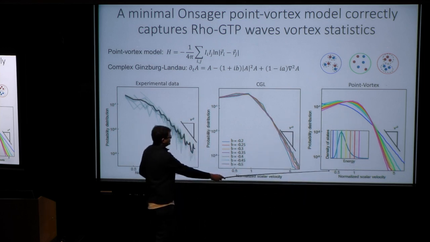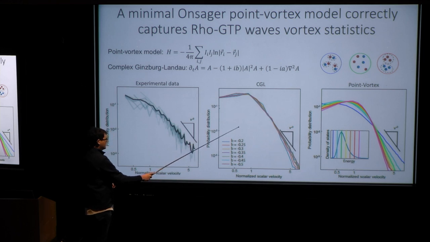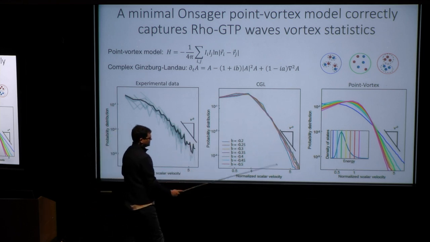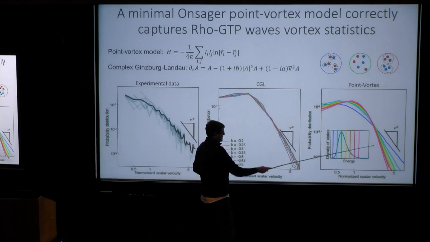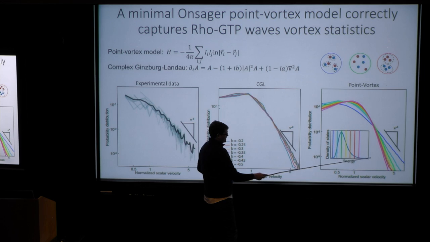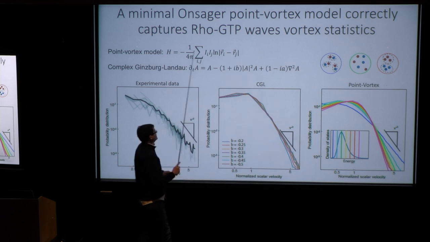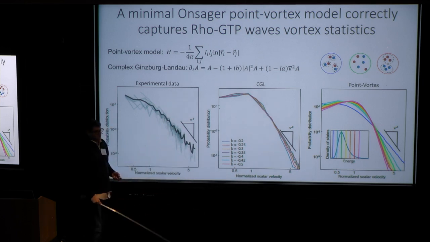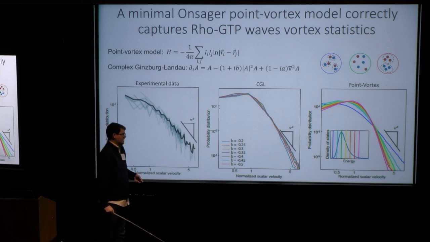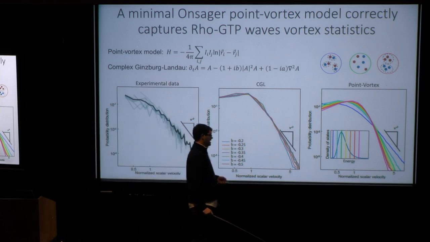Now, in contrast to the complex Ginzburg-Landau case, you actually can get a variety of different scaling exponents, and this seems to be strictly dependent on the energy of the Hamiltonian. So this is a Hamiltonian system, the point vortex model. You specify the energy when you initiate simulations, and you let it run. And so what we actually see